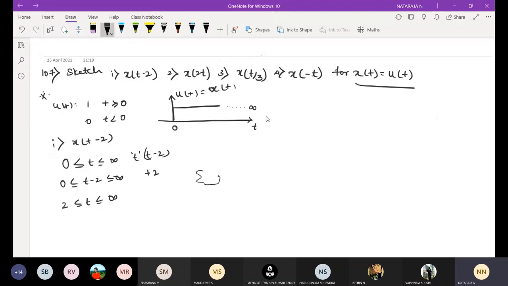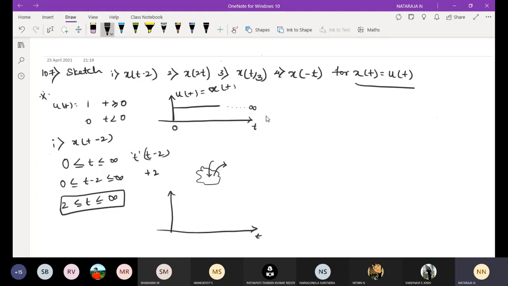For example, infinity is like an ocean. If you add 2 cups of water, it does not change. If you take 2 cups of water from the ocean, it does not change either. That is the meaning, so you can understand. If I add 2 to infinity, the value will not change; it is still infinity. That is your infinity. So we need to sketch the original signal from 2 to infinity. The original signal is u of t, equal to x of t.